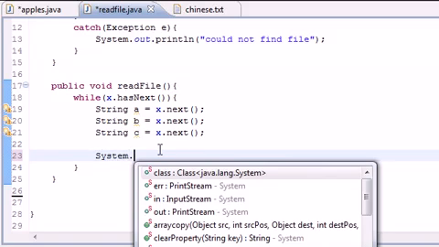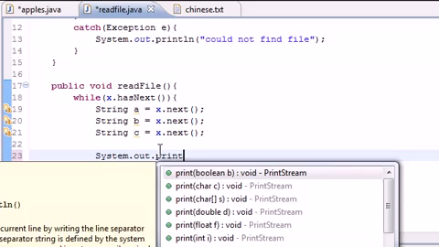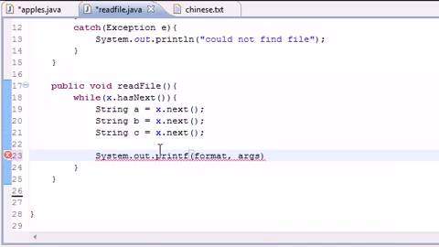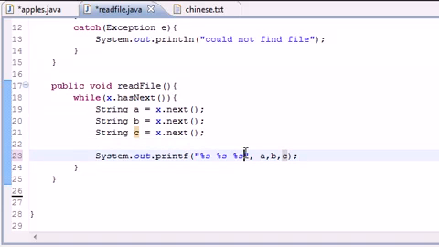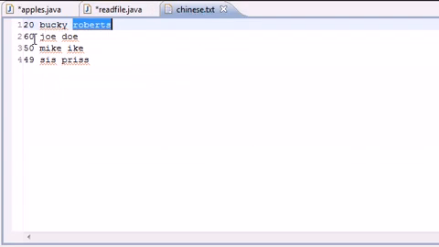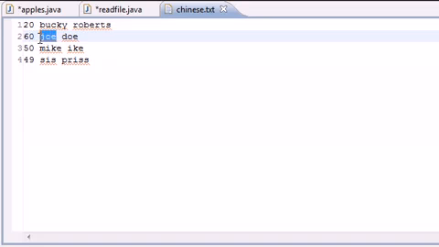So system out print, actually printf would be better. So let's go ahead and print just 3 string variables. So %s space %s space %s, and those variables of course are a, b, and c. So now what it's going to do is, after it gets those 3, it's going to print it out, and might want to put a new line there, and then it's going to go, alright, next 60 is A, Joe is B,